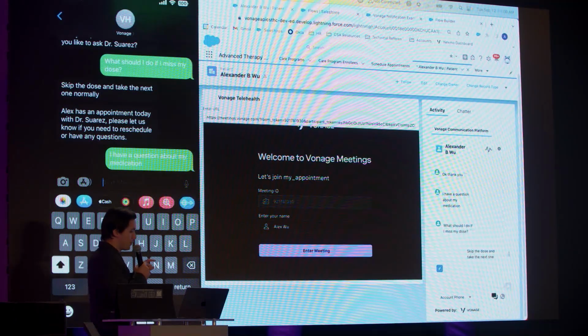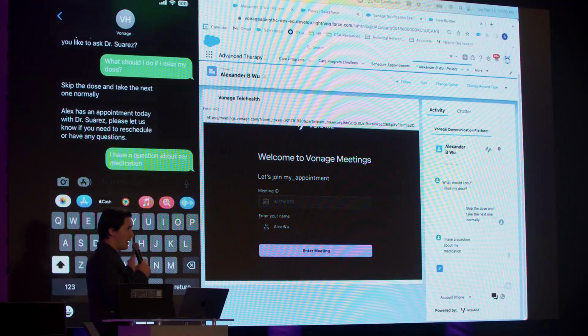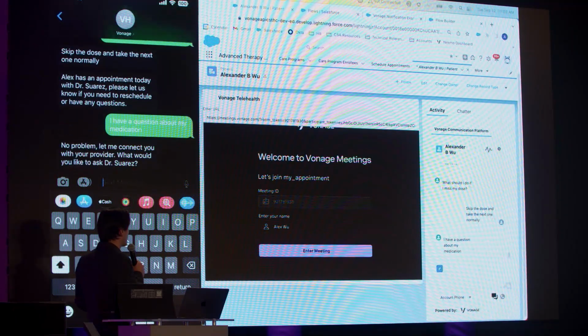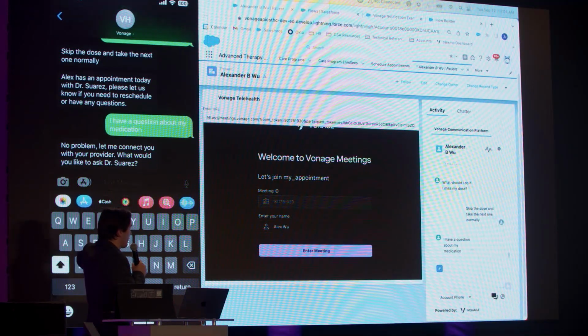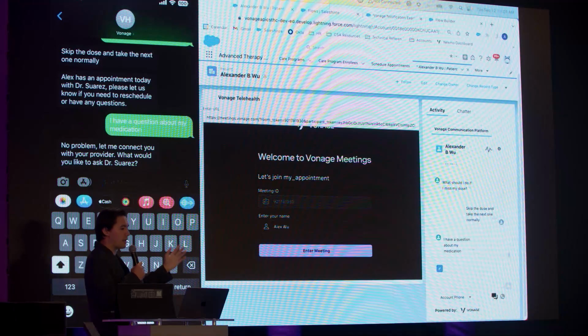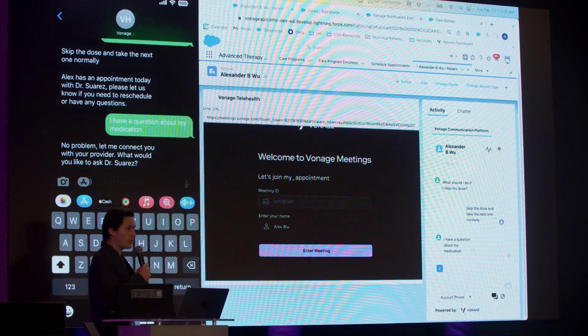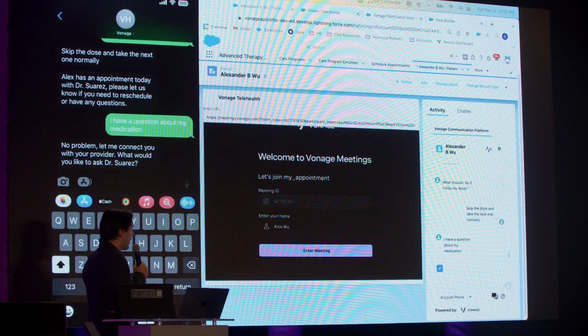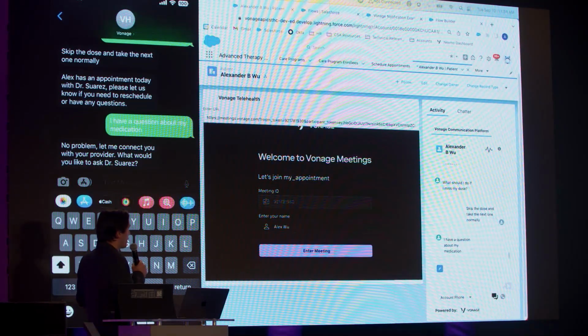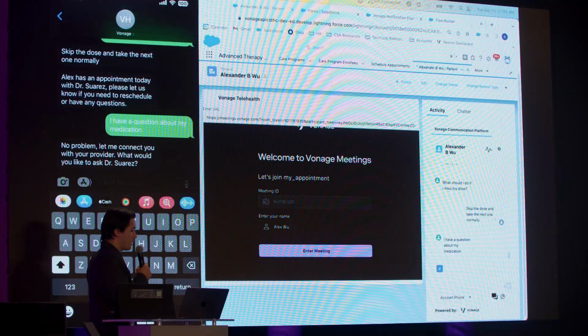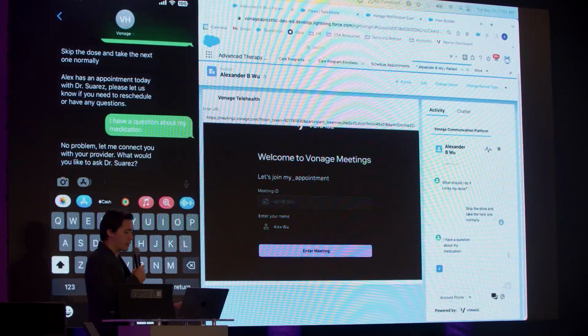Based on the flow that we saw earlier, we now create some automated responses to the user. In this case, we understand that for this type of question, we need to escalate directly to the provider. But you can also have automated responses and walk the user through different flows automatically and deflect this conversation effectively.